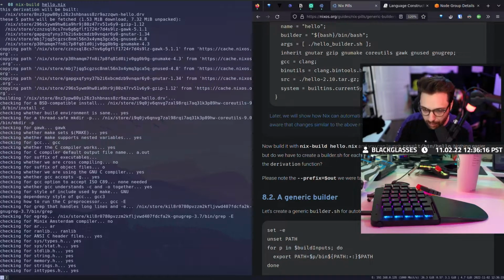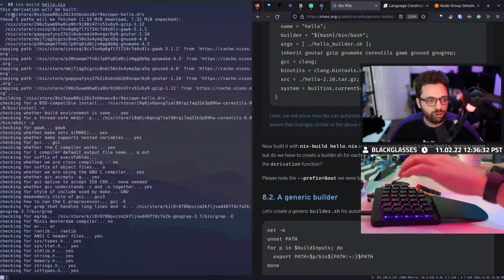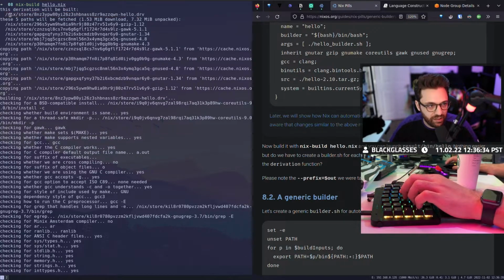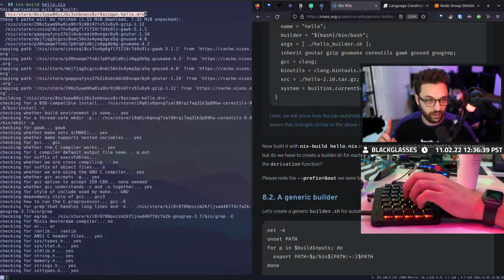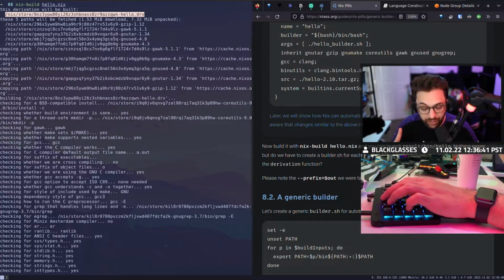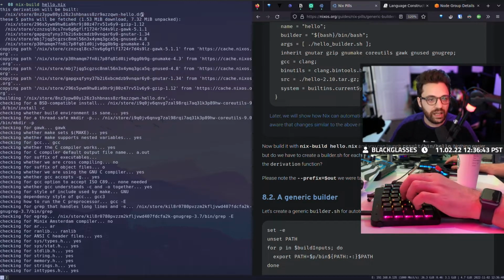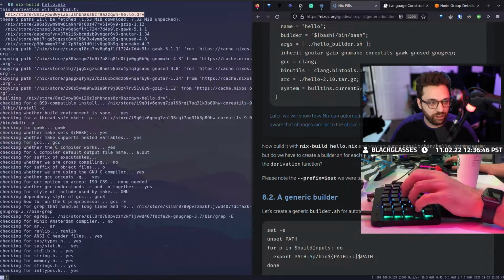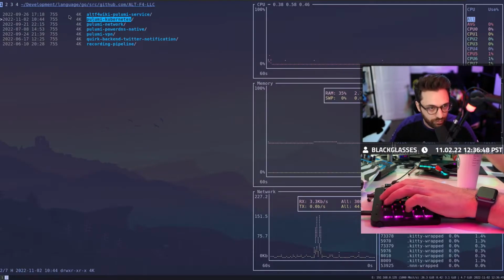Well, at the moment I hit enter, I'm going to break it down step by step. At the moment I hit enter, it evaluates the configuration. It immediately evaluates it and goes, okay, I've evaluated it. I now know what this build looks like. I know its dependencies. I'm going to store it in the Nix store. So before it even builds the software, it puts the build derivation configuration in the store for reuse later.